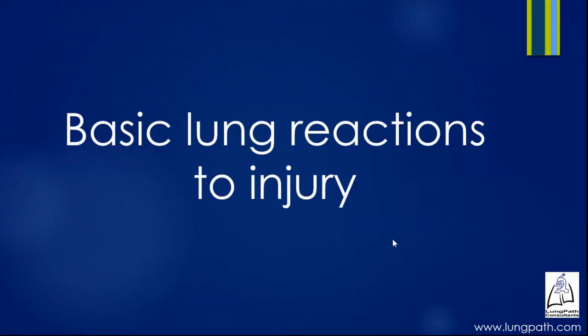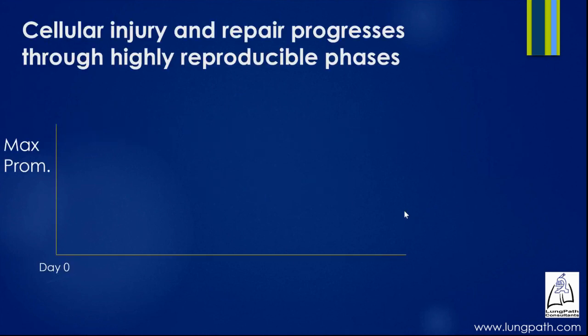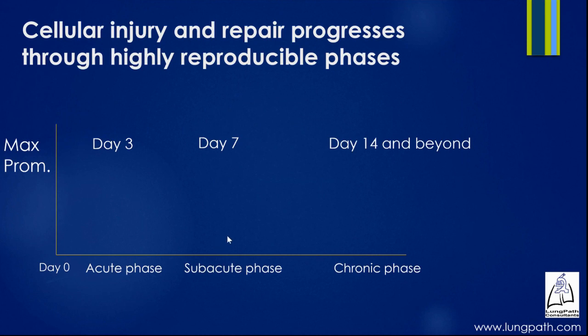So let's talk for a moment about basic lung reactions to injury. We know from experimental models and evidence from patients with disease that injury and repair in the lung is ancient, and it goes through a highly reproducible series of phases. We have a graph here that has day zero, assuming we know what the day zero was, and a maximal prominence of features on the left. We have day 3, day 7, and day 14 and beyond. This is a critical period, the 2 weeks post-acute injury. Things will happen in the lung in a proscribed, very